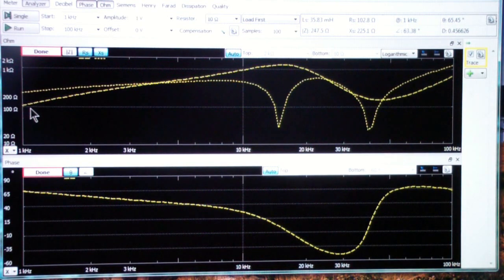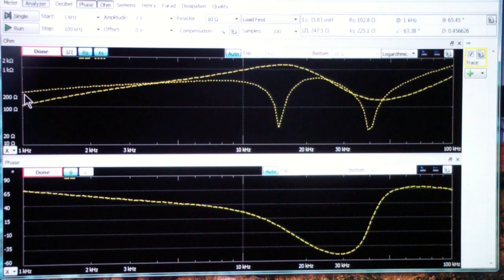So you notice that the resistance goes up with frequency, then it goes down with frequency. That's because of the effect of capacitance. Then it goes back up with frequency again,